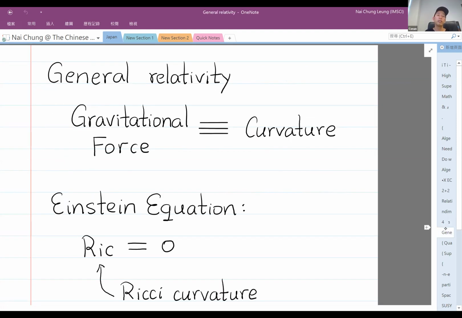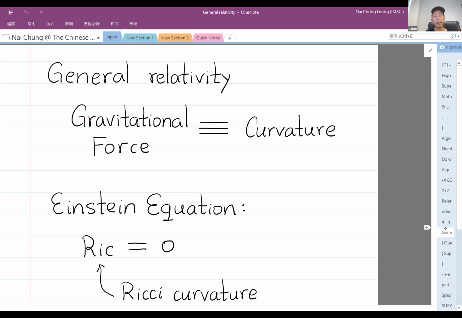So that was special relativity, explaining that time and space are really not separated into two concepts. There's a combined symmetry called Lorentzian or Poincare symmetry. And general relativity, okay, is really explaining what happens if there is a big galaxy or a very huge mass object.